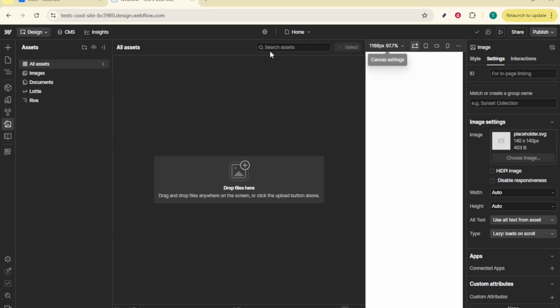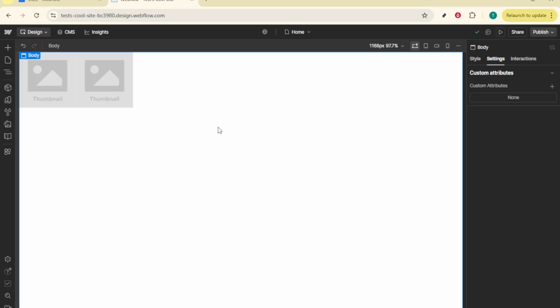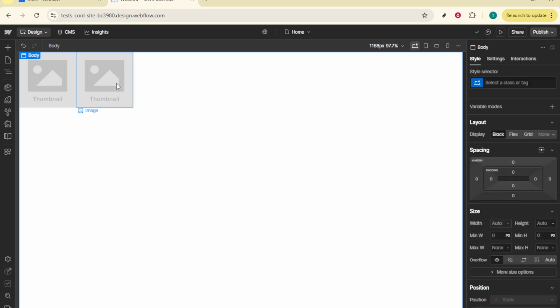To further tailor your Lightbox, use Webflow's standard styling options to modify the Lightbox link and the media inside. Adjust elements like typography or apply different aspect ratios to your image to ensure everything looks just right on various devices and screen sizes. If a single piece of media is not enough and you want to create a gallery,